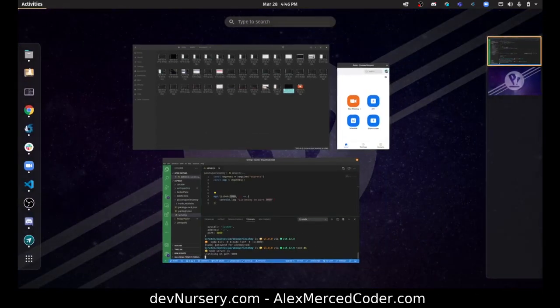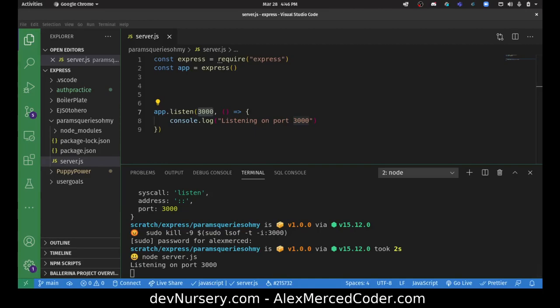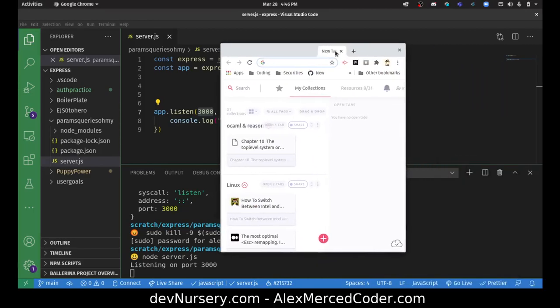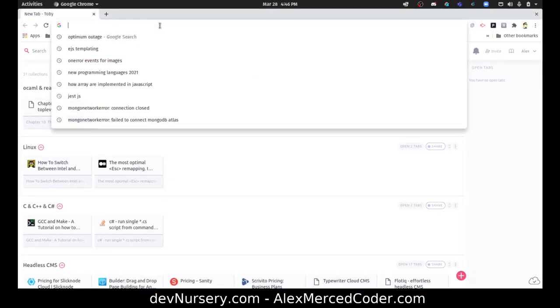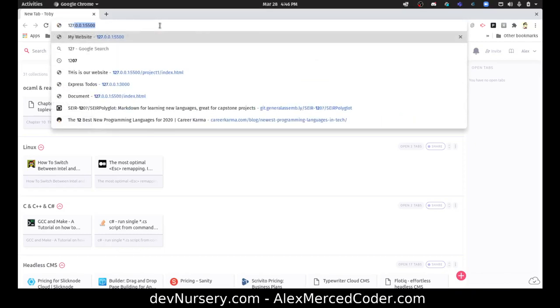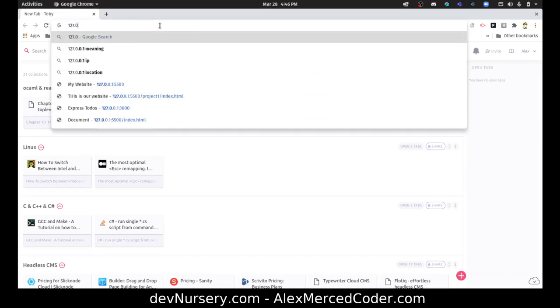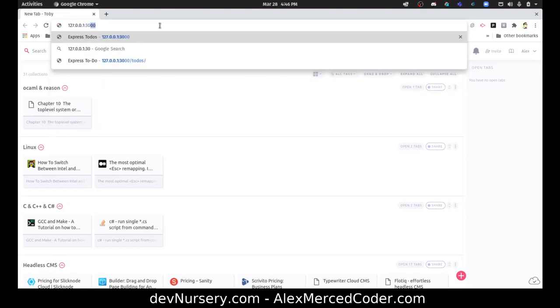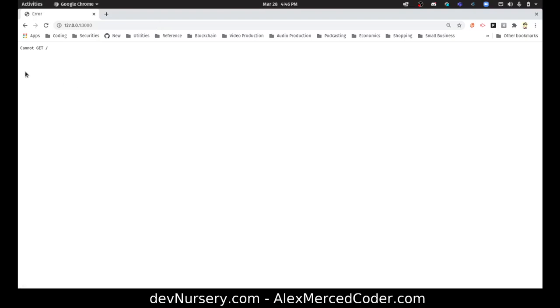Now let me go get a browser window so we can go visit that. Since I'm running the server on my computer, it's either going to be called localhost, or I can call it by its IP address, 127.0.0.1. But it's much easier to say localhost, which is why localhost exists, because it's much easier than typing 127.0.0.1. If I go there, I get this,